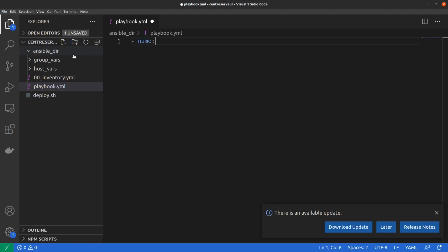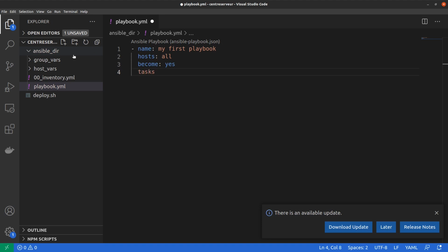I define a name for my playbook, for example my first playbook again, and I just want to install Docker on all my servers, the whole group. So I set become to yes, because we want privilege escalation with sudo.